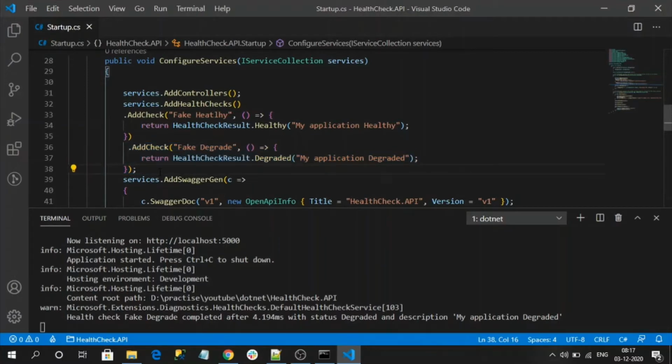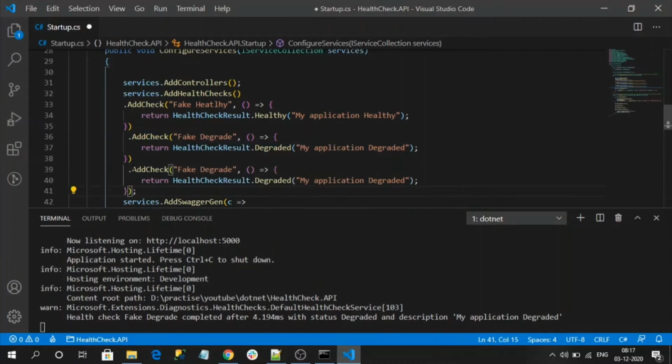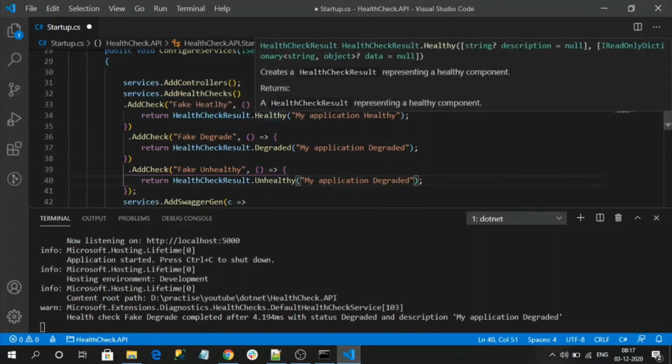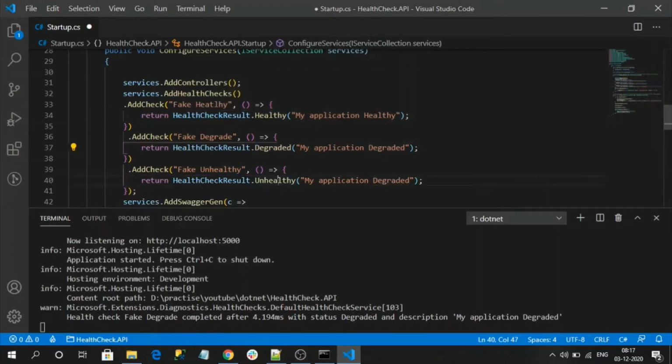Okay, so let's also try the last status type, unhealthy. So unhealthy is more vulnerable. It should be fixed immediately. It's saying that our application state is not at all good. So let me name my unhealthy health check name as unhealthy, and change the status as unhealthy. See, unhealthy. We have discussed it, right? We have status like healthy, degraded, unhealthy. So let's change my description also.